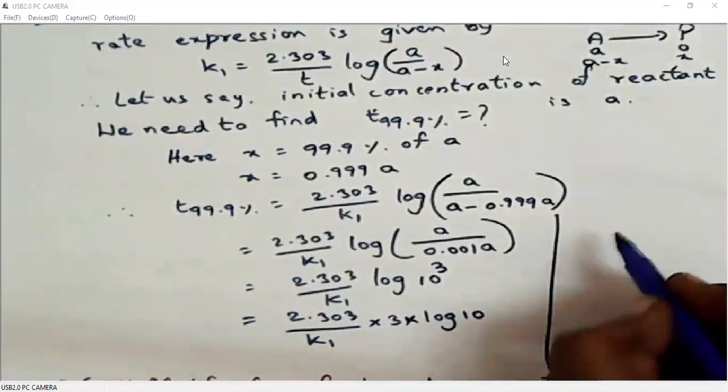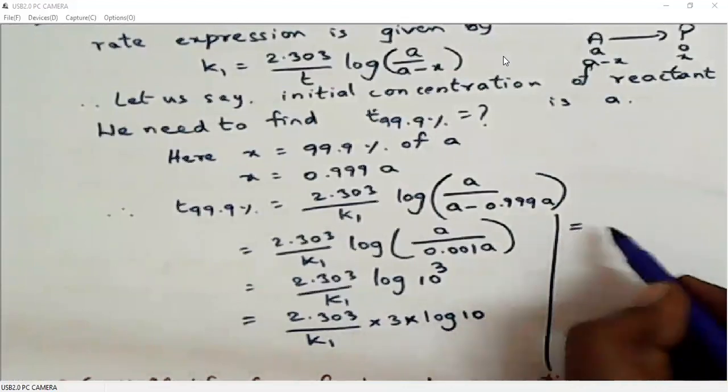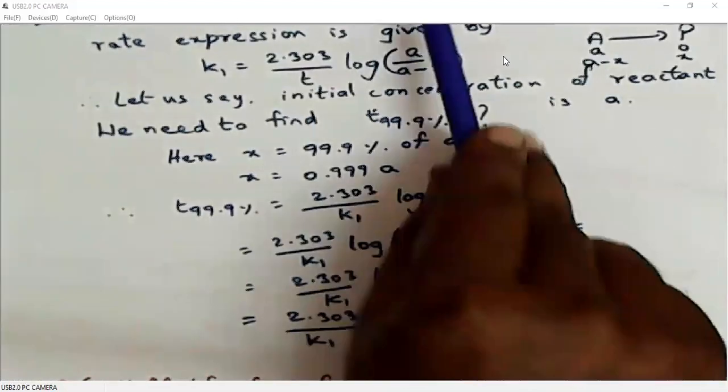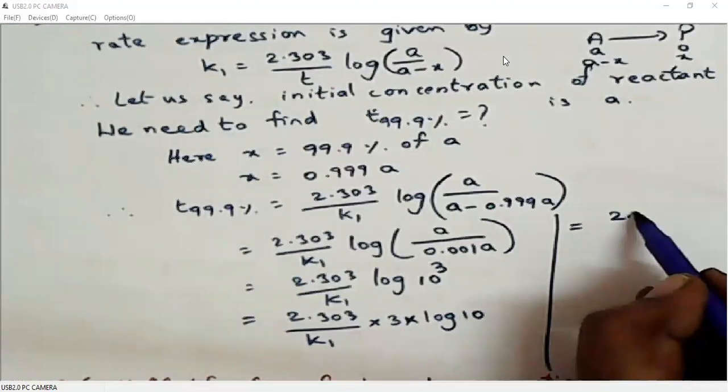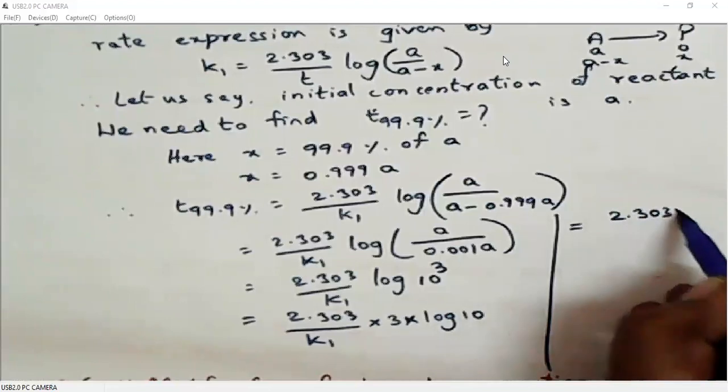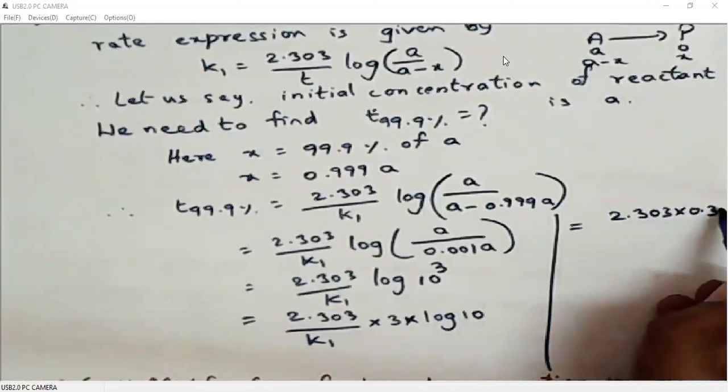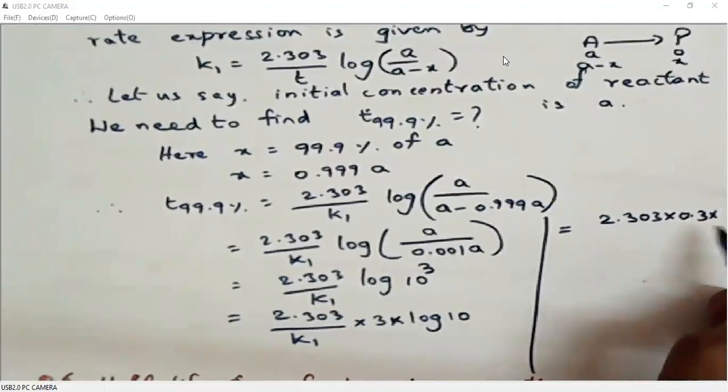Now we can rearrange this in terms of T half. What is the expression for T half? T half is 0.693 by K1. How do we get 0.693? When 2.303 is multiplied with 0.3010. So we will write like this: 2.303 into 0.3 into 10,